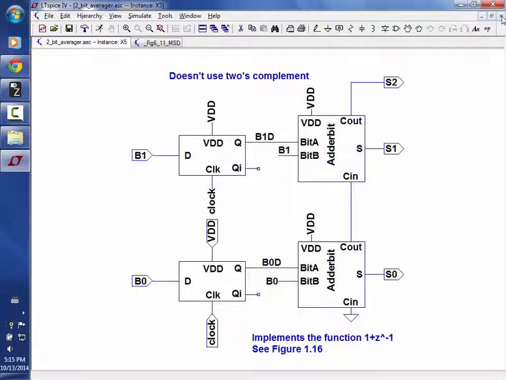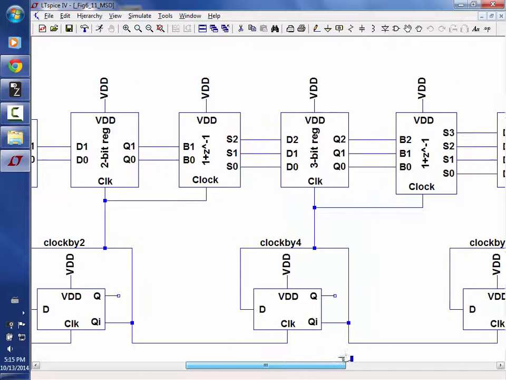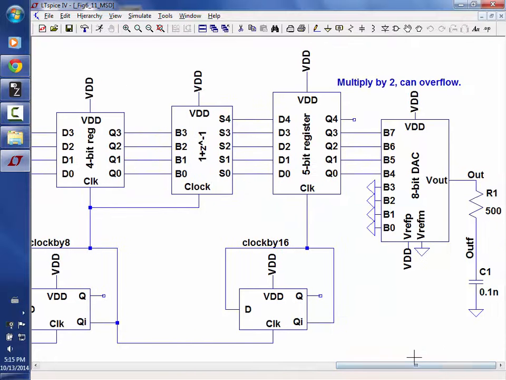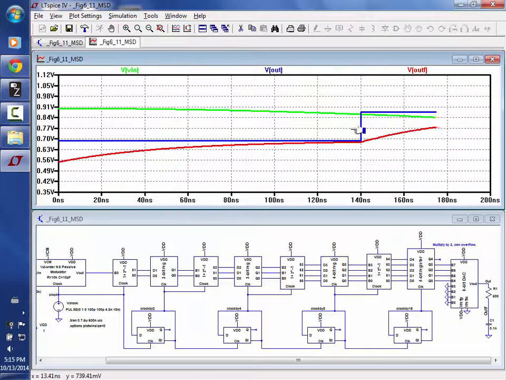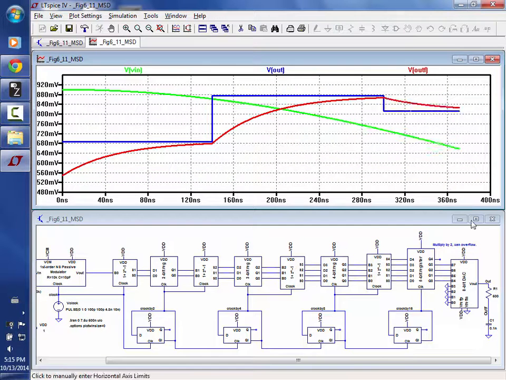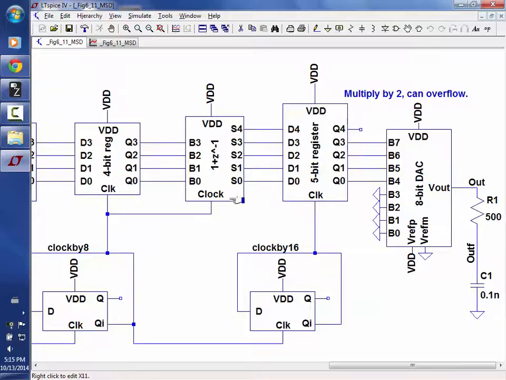All right. So then when I get to the very end, what's the format of my circuit? Multiply by 2, can overflow, hit run. Still binary offsets. I don't need to offset binary. I don't need to convert it. Let's look and see if we actually do data conversion. What's the point? So this is my digital filter. Maybe we did cover this, and I don't remember covering it. It's in the book. What's the point of